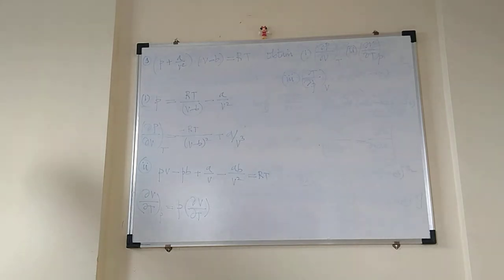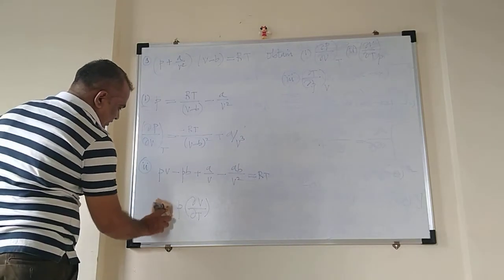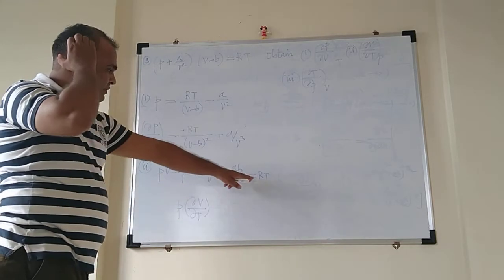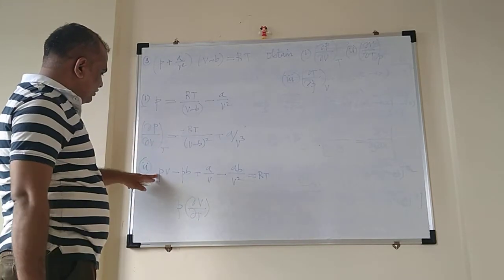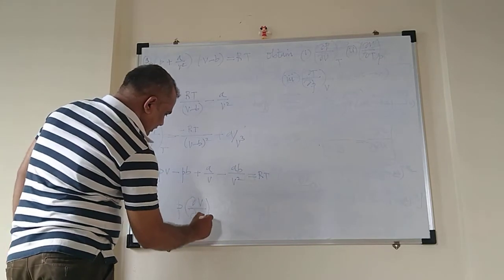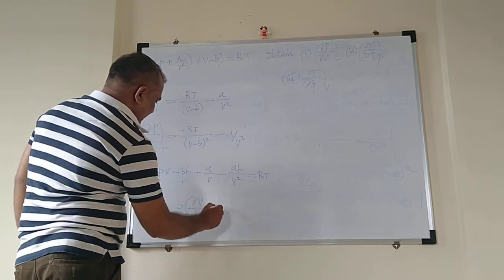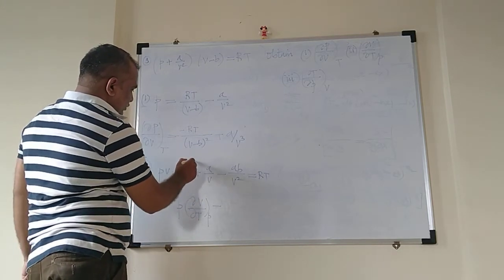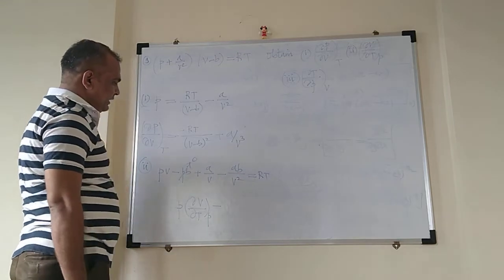I need not write this on the other side because you have to differentiate the complete equation. We have an equal to sign here. So P is constant into differentiation of V with respect to T when pressure is constant. So I should write here minus, P is a constant, b is a constant, so this term will go to 0. I need not write it.